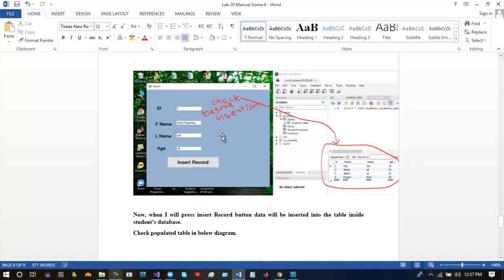Once we finish the code and run it, this is the C# project: ID, first name, last name and age. You can check that before insertion of data there are only 4 records, there is no 5th record, 6th record, or 7th record.